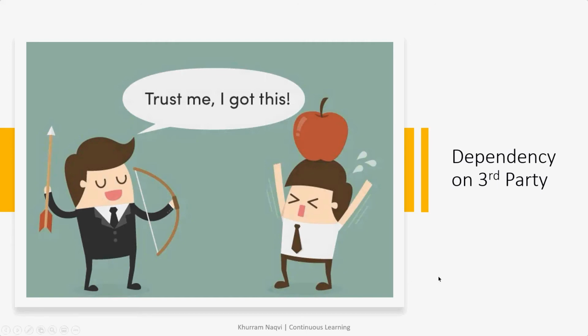The other issue is with regards to the dependency on the third party. Now, the involvement of a third party into the internal operations of an enterprise may sometimes cause psychological obstacles for the senior managers and the CIOs and the IT managers as well. You are pretty much dependent for everything on a third party in cloud. For storage, you may need the AWS, for instance. You may need the servers